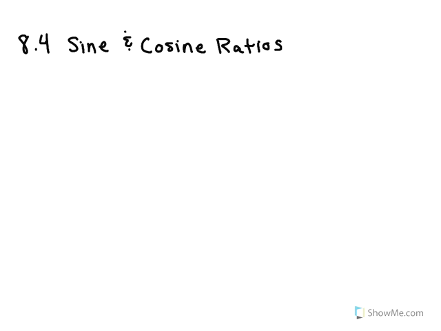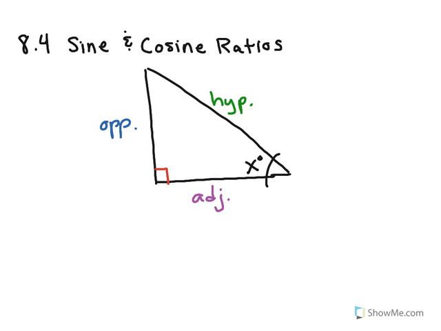In this tutorial, we're going to talk about section 8.4, the sine and cosine ratios. So let's remember our original right triangle that helps us with our opposite, hypotenuse, and adjacent sides. So here's our picture. We have our angle measure, x. The side directly opposite of that is called our opposite side. Our hypotenuse is the side that is opposite the right angle, and of course the side that's left over is